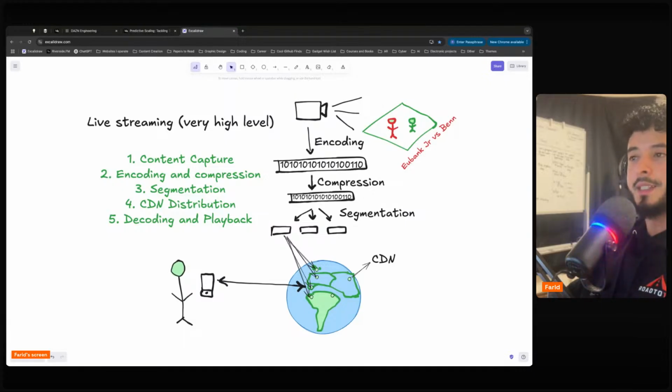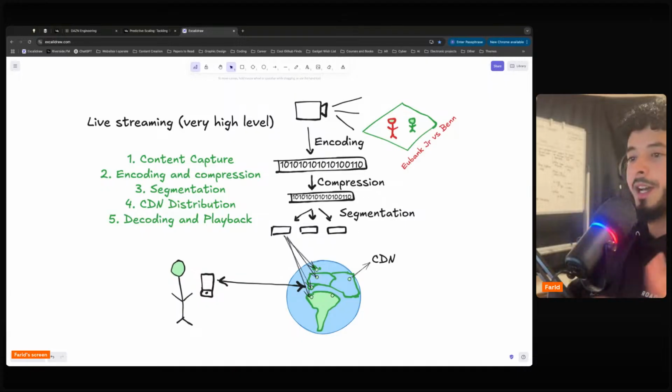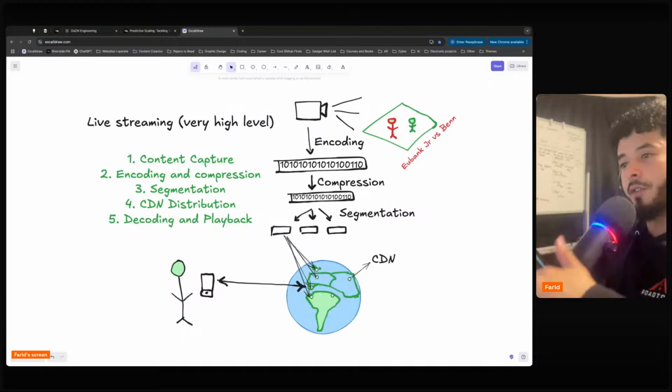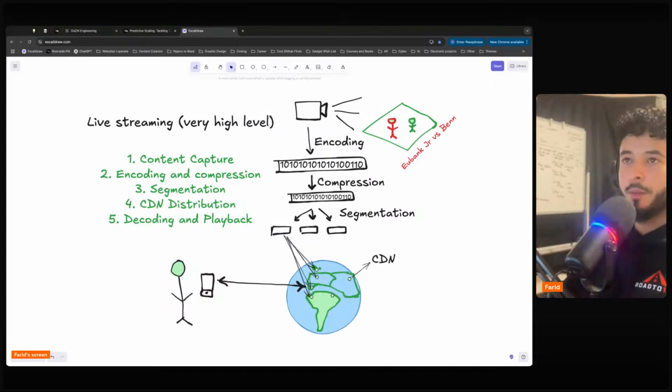So what they did instead is they use machine learning to try and predict at certain times how many concurrent viewers we are going to have, and just before it reaches those certain peaks and troughs, they either scale up or they scale down. So that's how they do it.